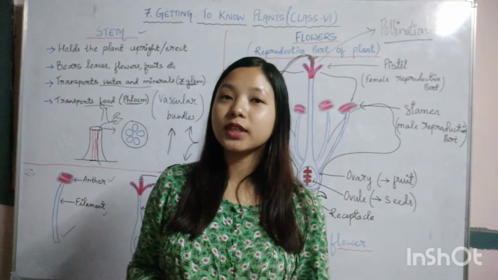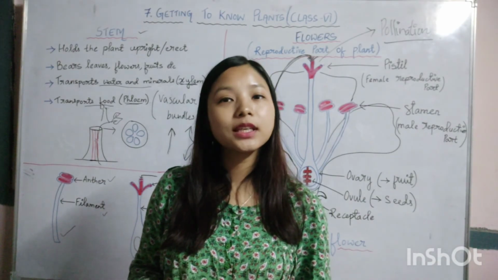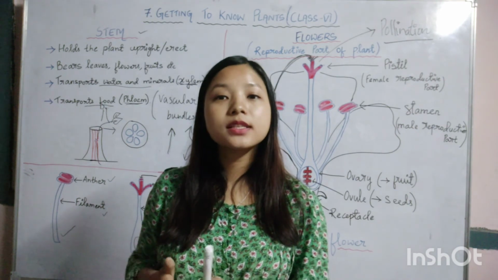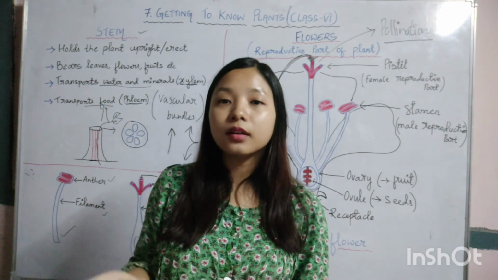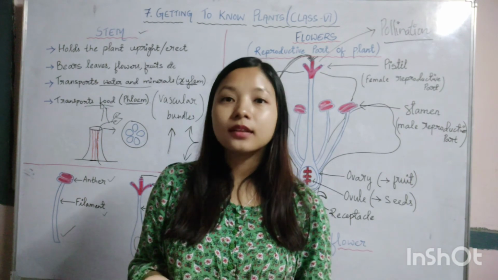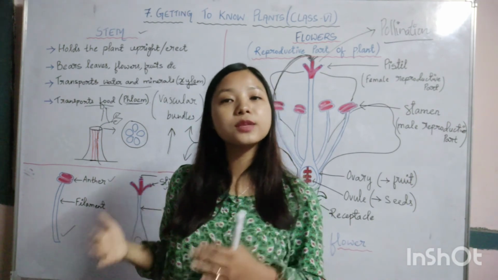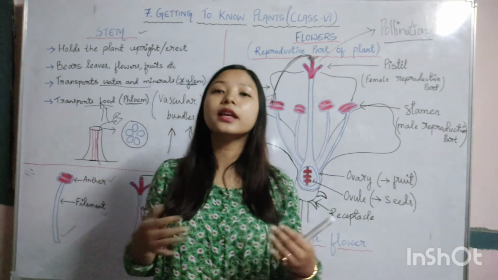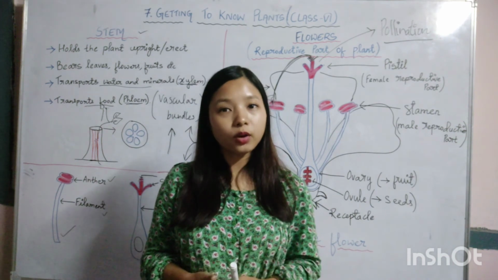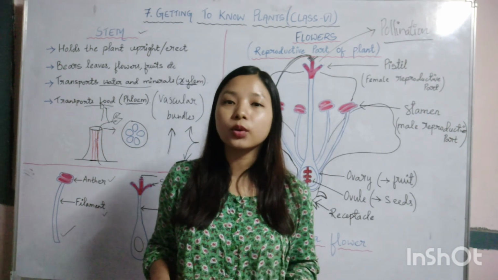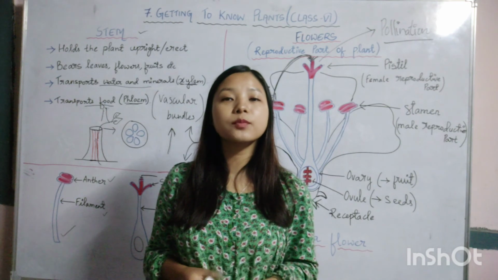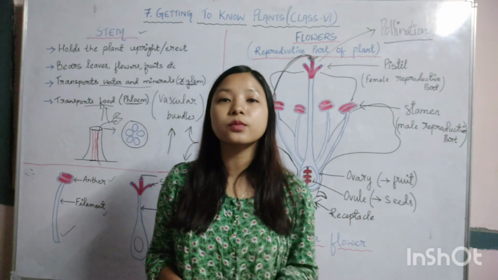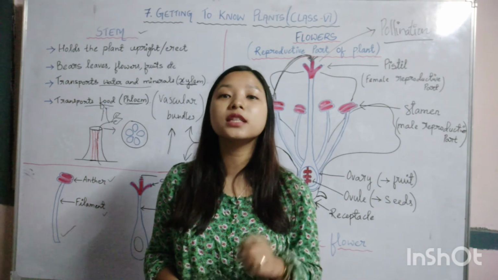So we have come to the end of our chapter. We have studied the various types of plants like herbs, shrubs and trees. Then we studied the various parts of the plant and their functions. I hope you have understood the whole chapter thoroughly. And even if you have some problems, you can go through the textbook, which will help you in deeper understanding of the chapter.